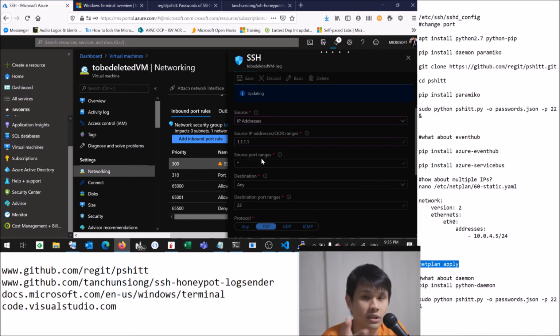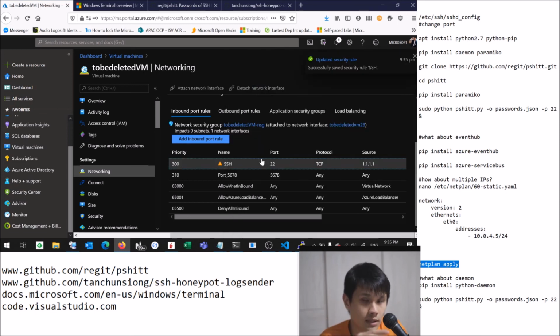This will restrict all the traffic that's coming in which does not come from the IP address 1.1.1.1 from accessing your SSH server. If you're interested to find out more about displaying all this data, putting them into a data store such as SQL and displaying them using a visualization tool such as Power BI, check out